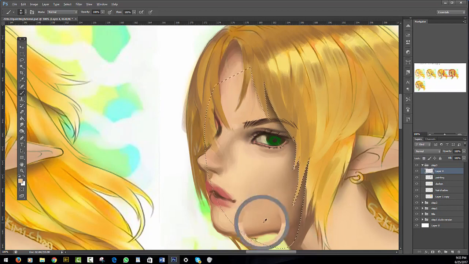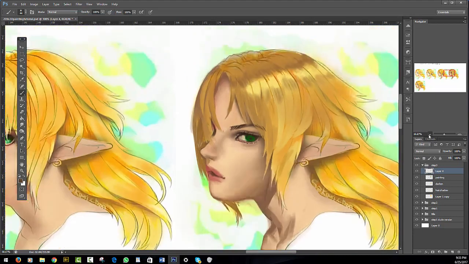And of course, I'm going to take a bit of time to just blend certain elements together, just like that, and of course here too. So there you have it. Now if we deselect,